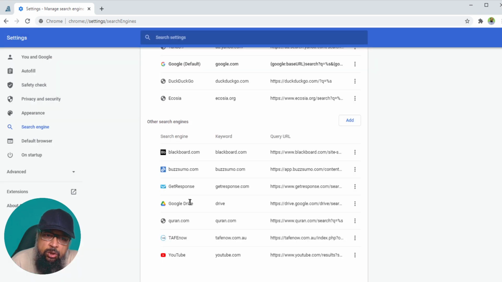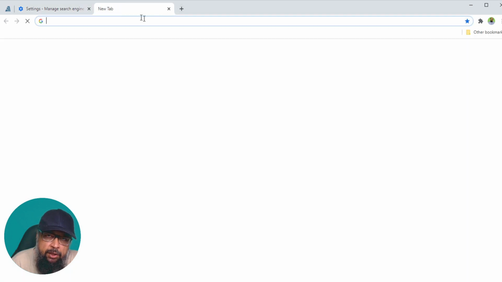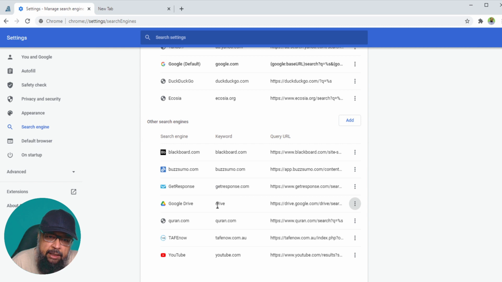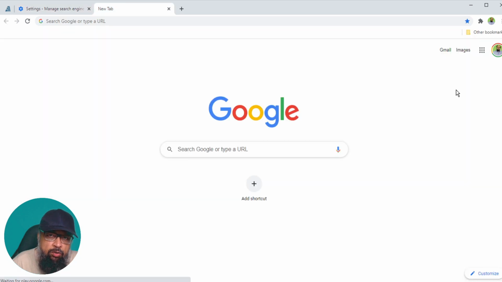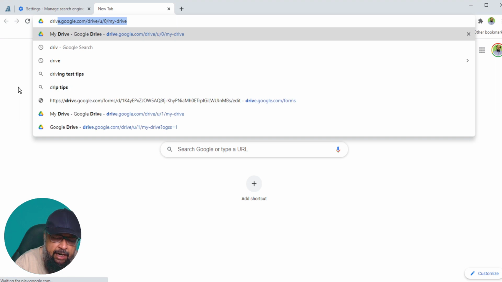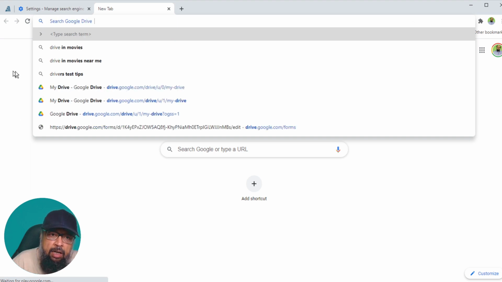Once you have this Google Drive search engine and you know this keyword, what you can do is, if I open a new browser and I know that my keyword is Drive here, and I want to search my Google Drive which is associated with this account which is shown on the right hand side, I type Drive here and press the space bar, and I will see this search Google Drive.